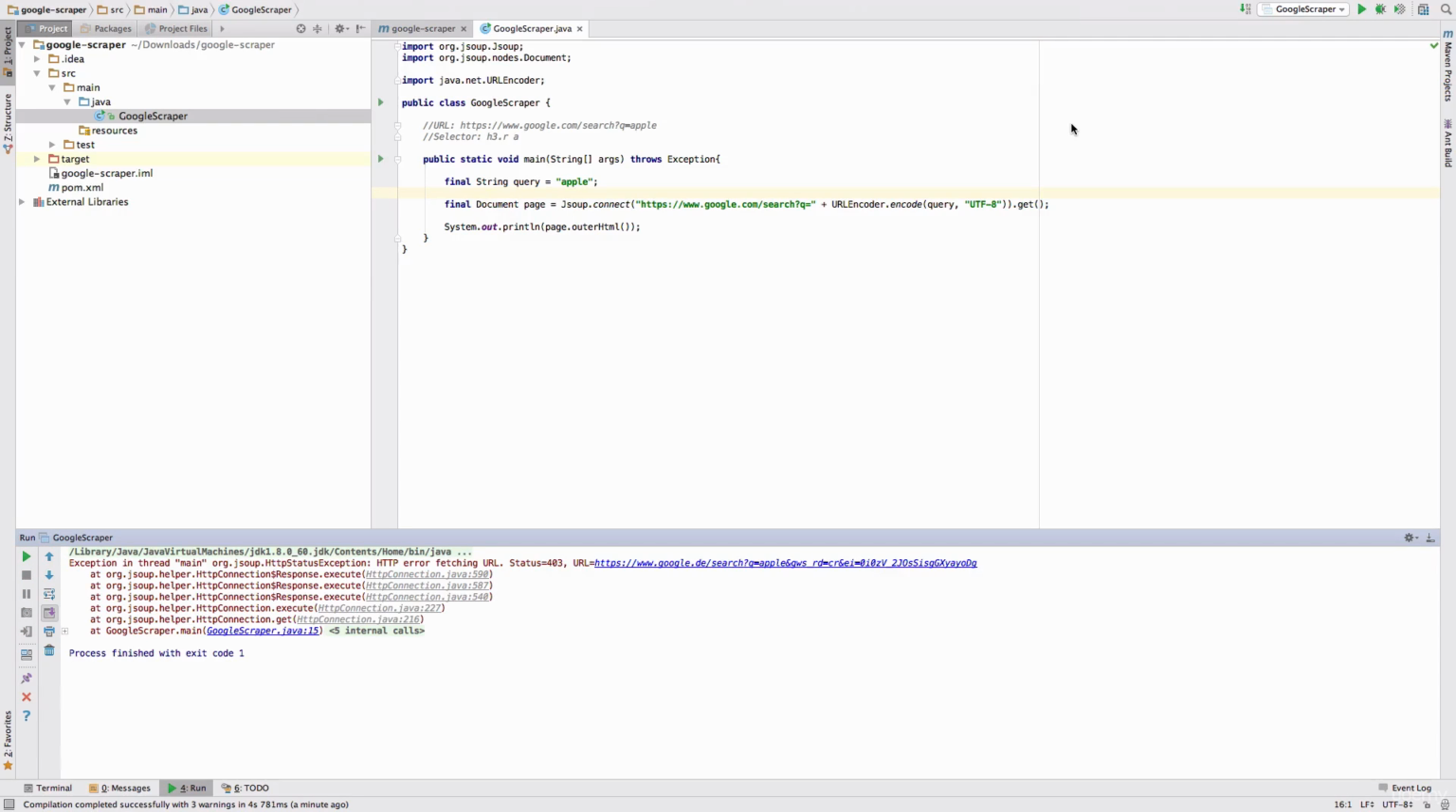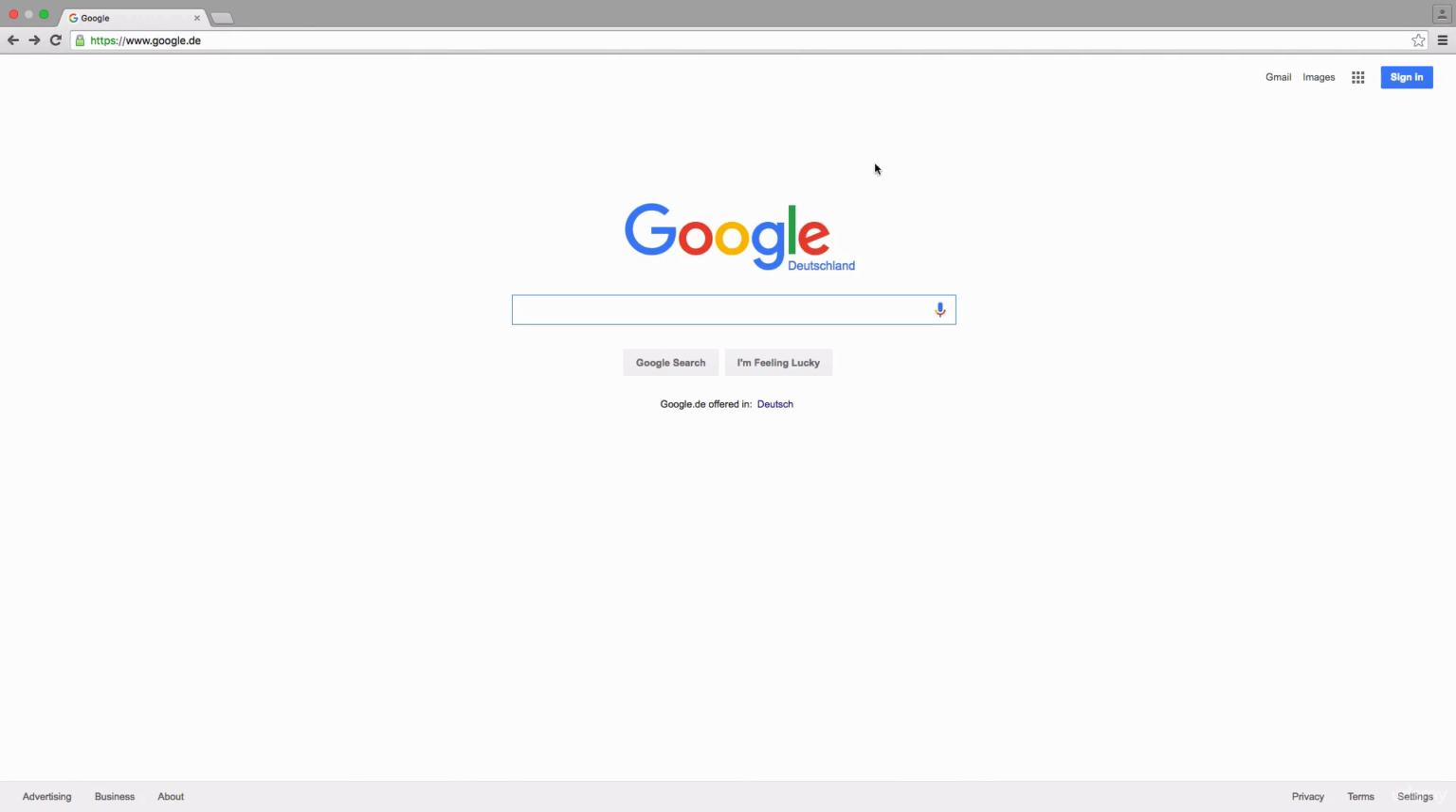Did not work. As we can see, we get an HTTP error 403, which means forbidden. In this case, Google blocks our web scraper because of the user agent string we send along. This is something like Java JSoup or so, and we can resolve this issue if we use a real user agent string. So I just go over to my browser and search for